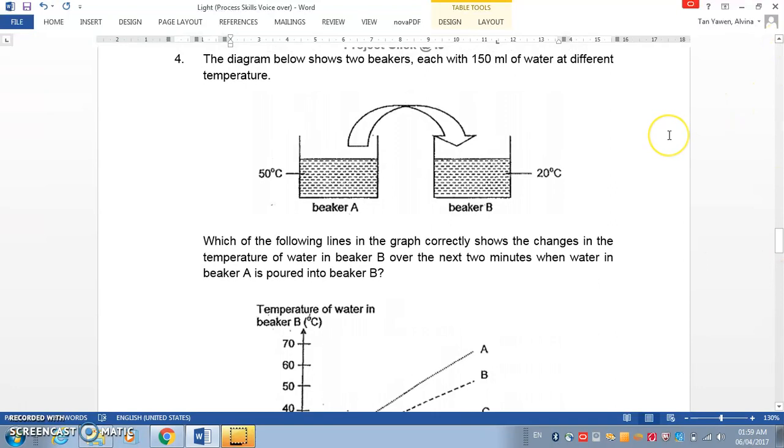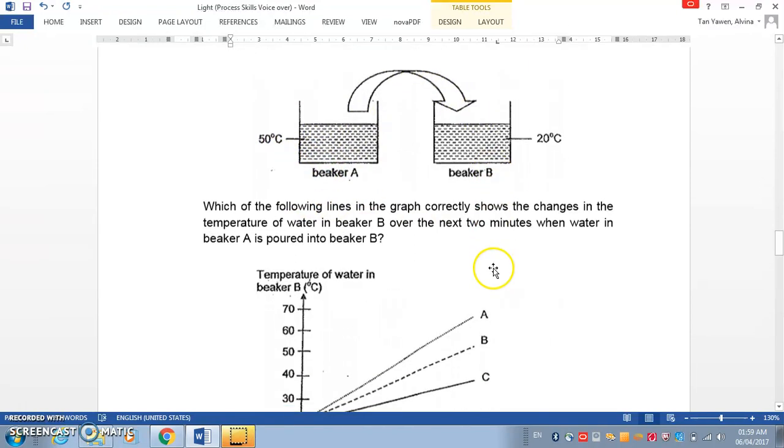Take some time to read the question first. Alright, so you have 2 containers here, each with 150 ml of water at different temperature. Beaker A shows 50 degrees Celsius, while beaker B shows 20 degrees Celsius. So what's going to happen is they're going to pour water from A, all of it into beaker B. And we're going to ask, what is the change in the temperature of